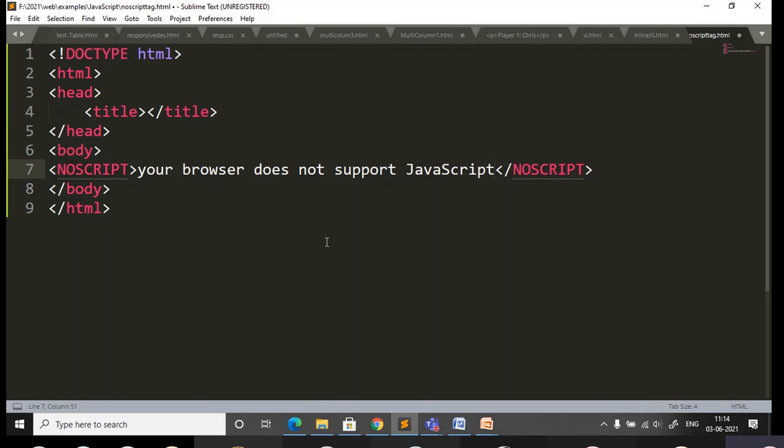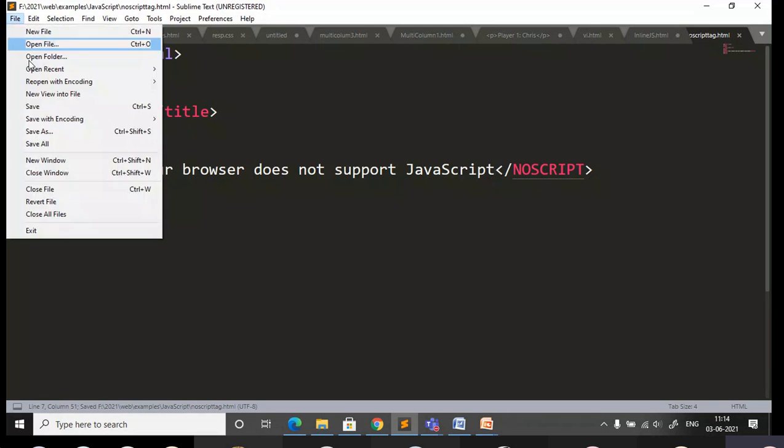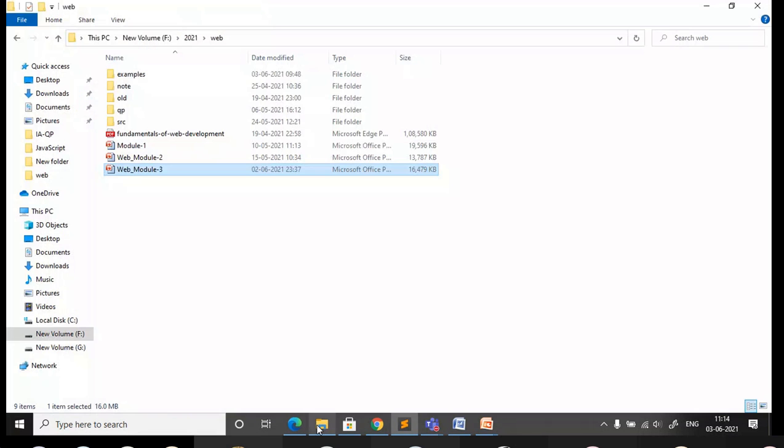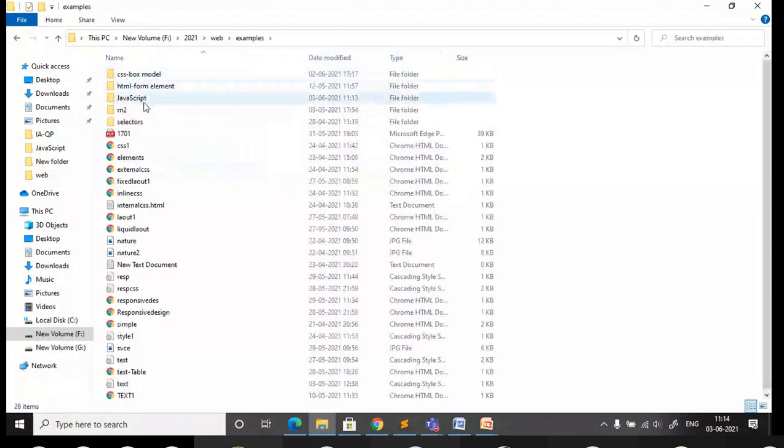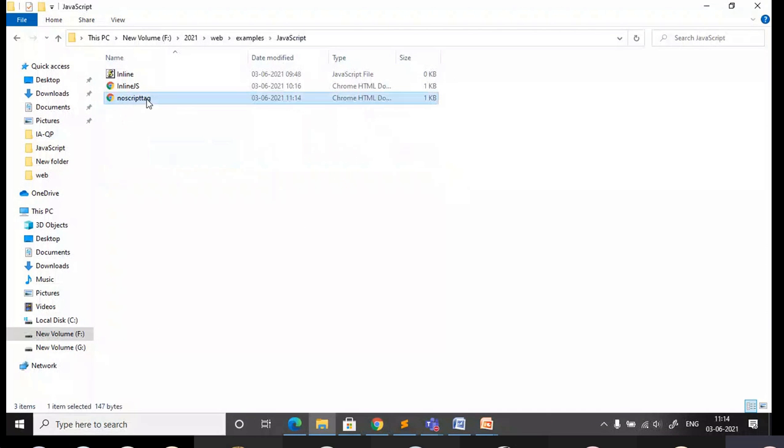So in case my browser is not supporting JavaScript, immediately I will get this message. In case my browser is supporting it, or if it is enabled, I will not see this statement. So I may get an empty page. I don't know if I enabled it or not. Let me just check it. Okay, so click on yes. So I am not getting that message. That indicates that my browser supports JavaScript.